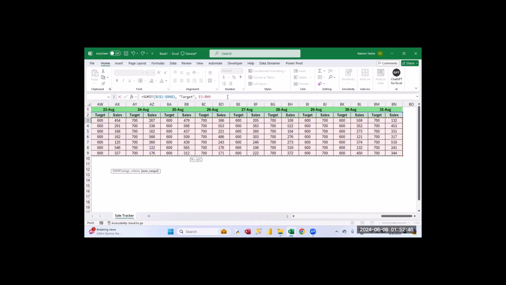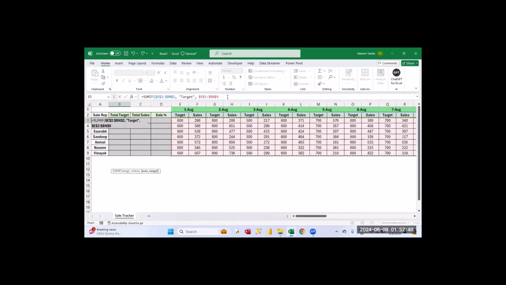And if you want, you can also fix it. Or if you do not want to fix it, that is also fine. Okay, you can now close your parenthesis. So guys, if I hit enter, it has given me 19600.